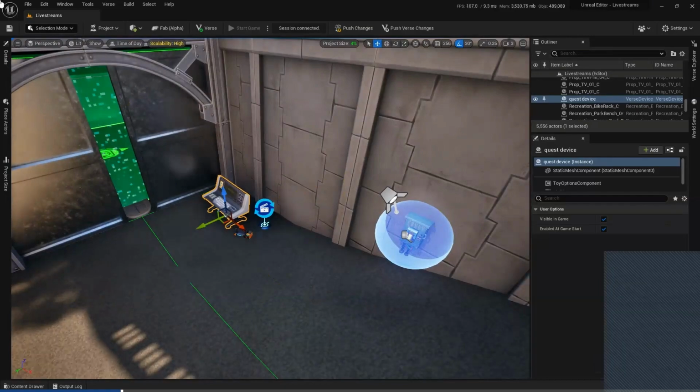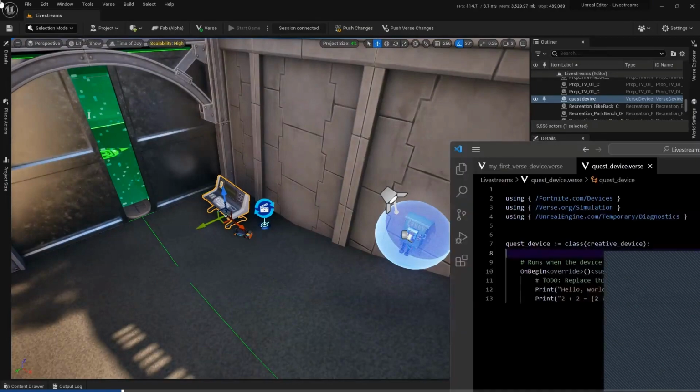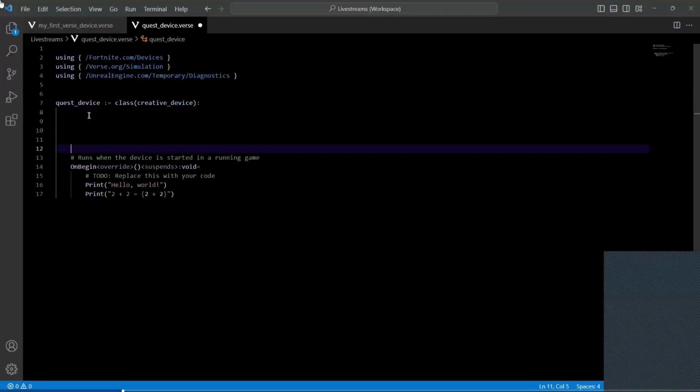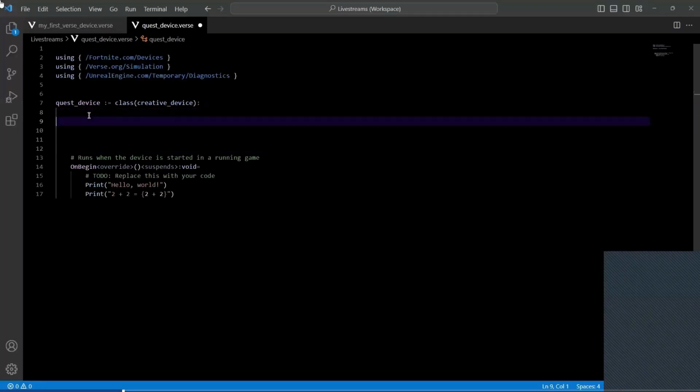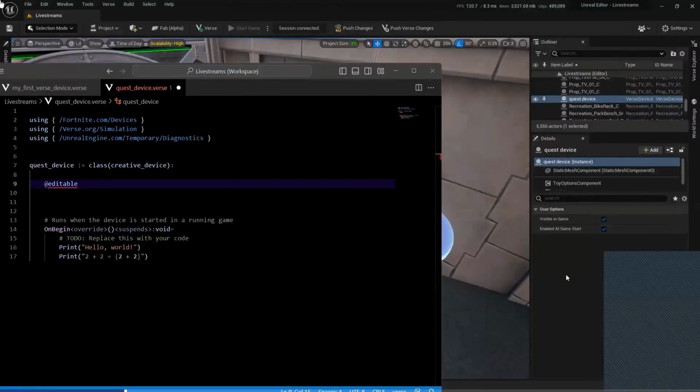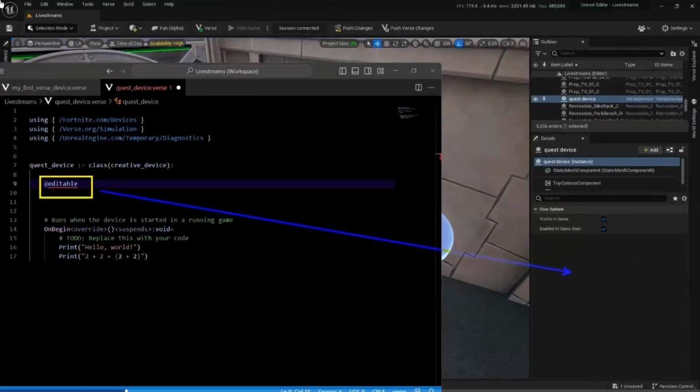So let's just kind of add these things one at a time. So up here at the top, what I want to do is type in the word @editable, right? This will allow the designers to actually add stuff to our Verse device over here in the details, right? So anything that's an @editable, I should be able to give off to my designer so they can build stuff. So we need to be